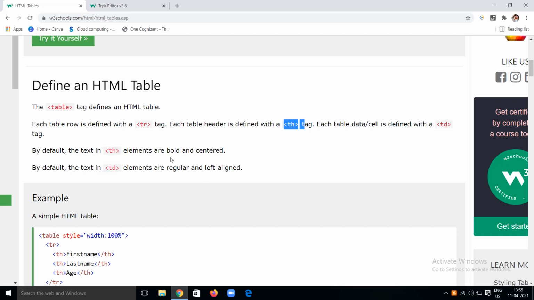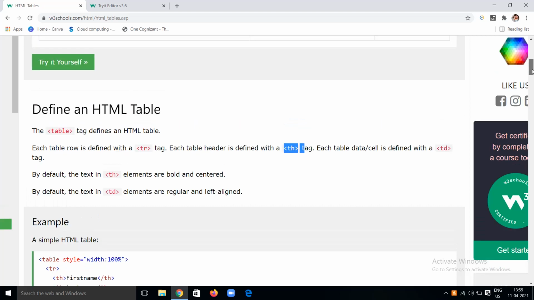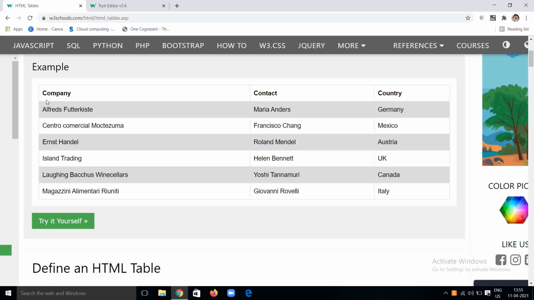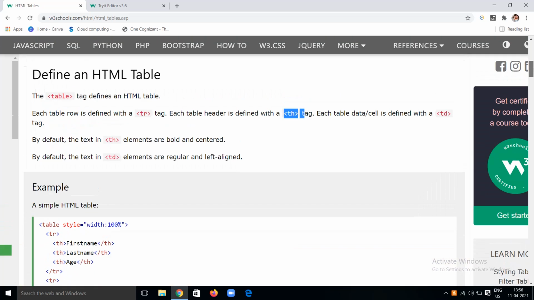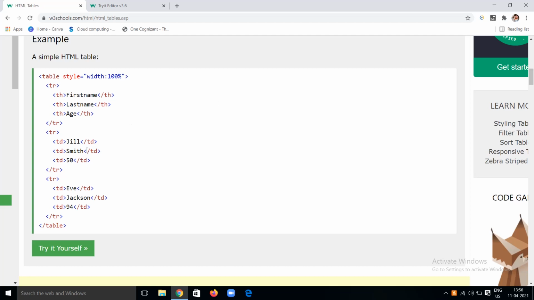How do we give the table heading? Table headings should be bold. So the default content in the th tag will be bold, and it will also be centered. The text alignment will be centered by default. And next, data should be regular and left aligned. For tables, we can observe many tables having left alignment by default. You can see here the content in this table is left aligned, and the header part is bold. Some give center, some give the required alignment for the text. The default one for headers is center.